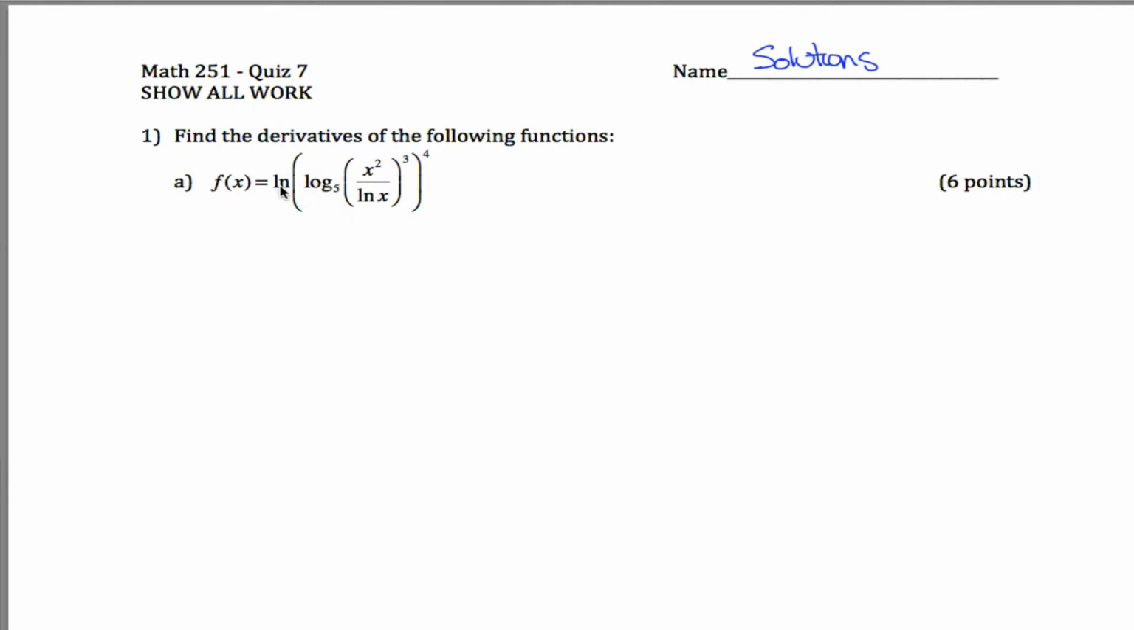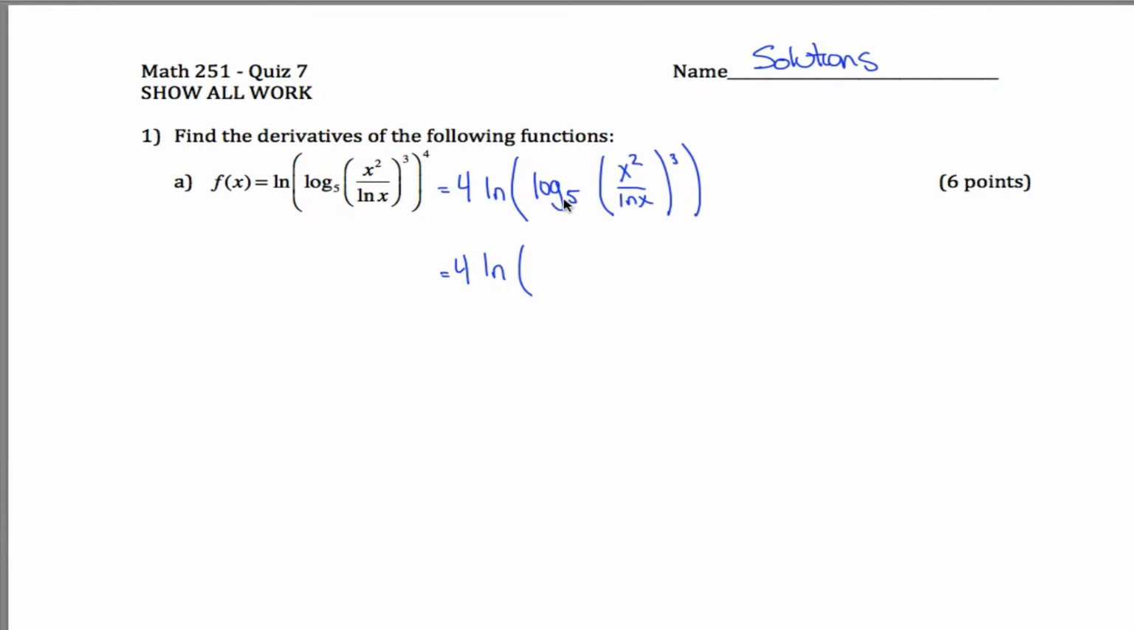So what I'm asking here is the natural log of something raised to a power. I have a log rule that allows me to take that power and put it down in front of the natural log. So this is 4 times the natural log of log base 5 of something, that something being x squared over the natural log of x cubed. So there's nothing more I can do with the natural log, but if you look inside the parentheses,